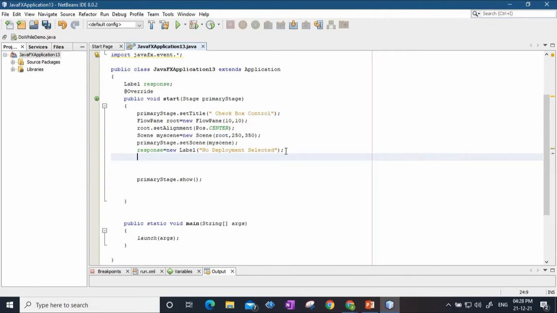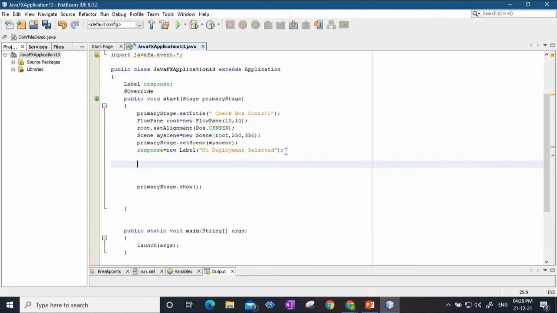Now I create label, okay, and now I'll create the checkboxes. So here I'll be creating 3 checkboxes. One checkbox will be for web deployment, second will be for desktop deployment, third will be for mobile deployment. So CB web is the checkbox for web deployment, new checkbox, and the text that will be printed beside this checkbox will be web.